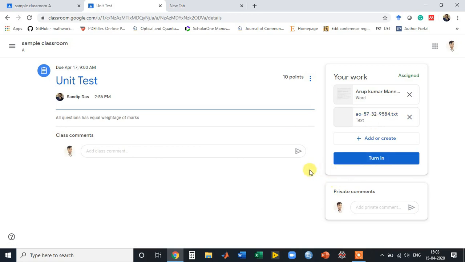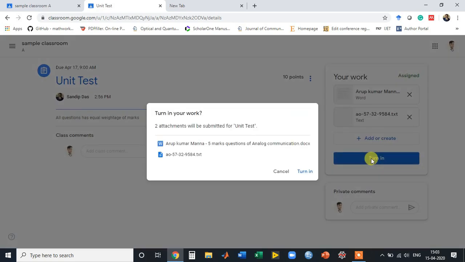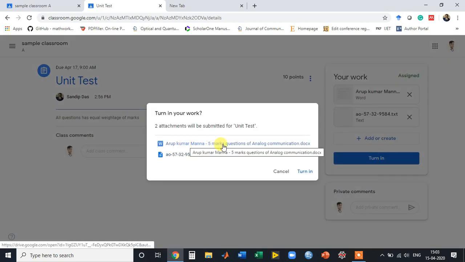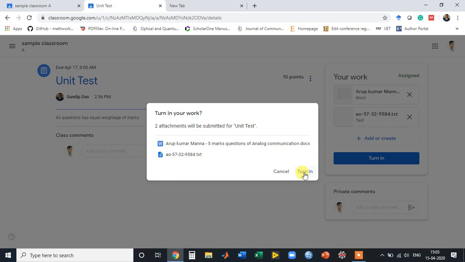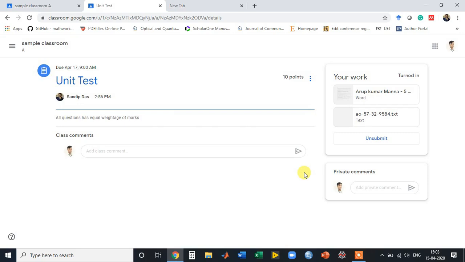Now when the answer is uploaded, the student can simply select turn in. This is the question paper shared with the student, and this is the answer the student is now submitting. The student simply turns in, which means he has completed the assignment and submitted it. So this is how students can give their exam in Google Classroom.